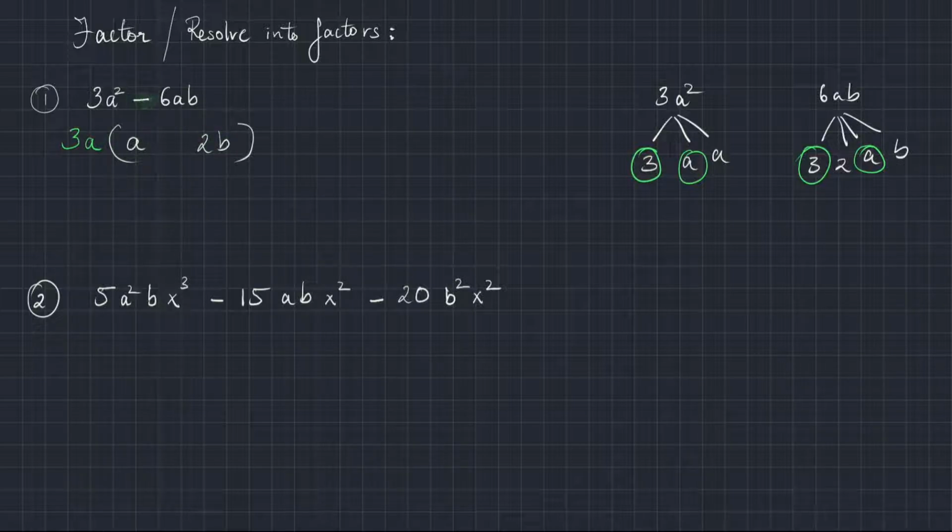And remember, there was a minus sign here, so this minus sign stays here. Another way to think about it is you can treat negative 6ab as one term, and dividing negative 6ab by 3a, we just get negative 2b. And that's how you factor 3a squared minus 6ab. Now, it is really important to be extremely comfortable with both finding the greatest common factor as well as factoring expressions like this, because very soon we'll be factoring much more complicated expressions like the next one.